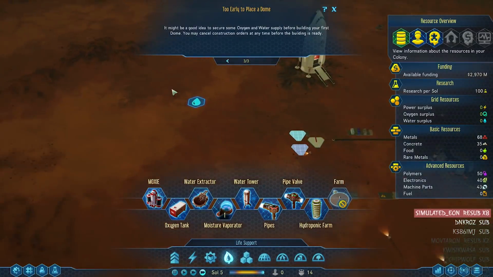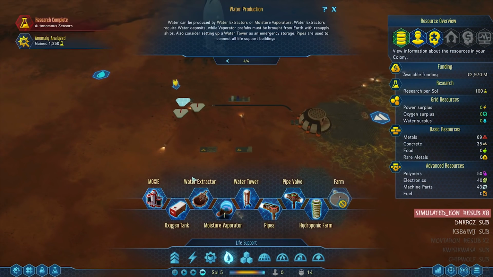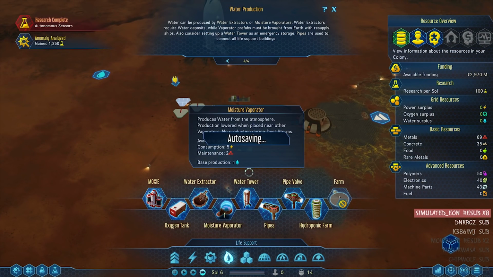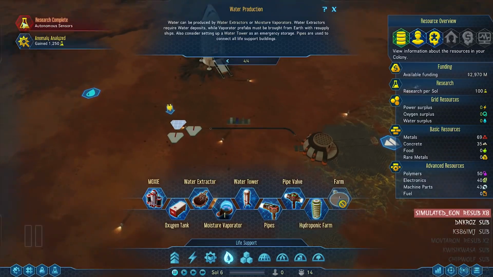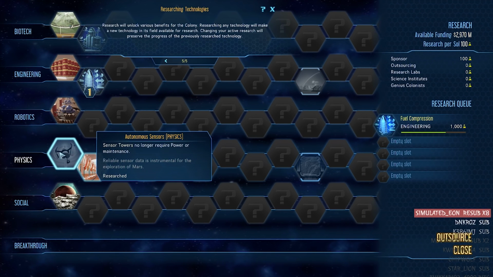So our first dome will certainly be in range of the water deposit. Research complete. Oh, research is already done. Analyzed. Right, we got 1200 research from the anomaly. Okay, so that will allow us to use sensor towers without power